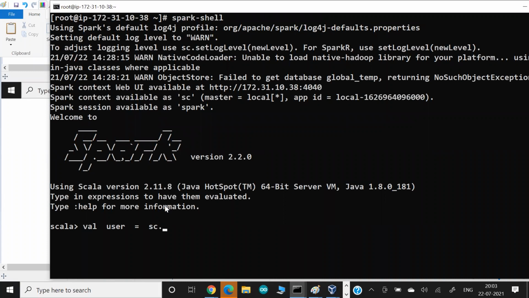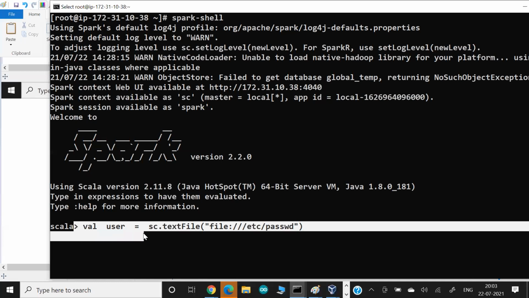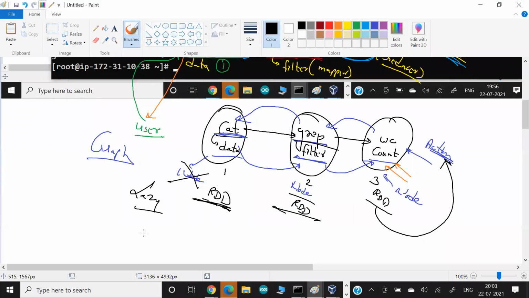In sc we have a function called textFile. In this textFile I'm giving my file location. I have a local file. The file is this one. This is the syntax of Scala, but this statement is exactly equal to the Linux statement.